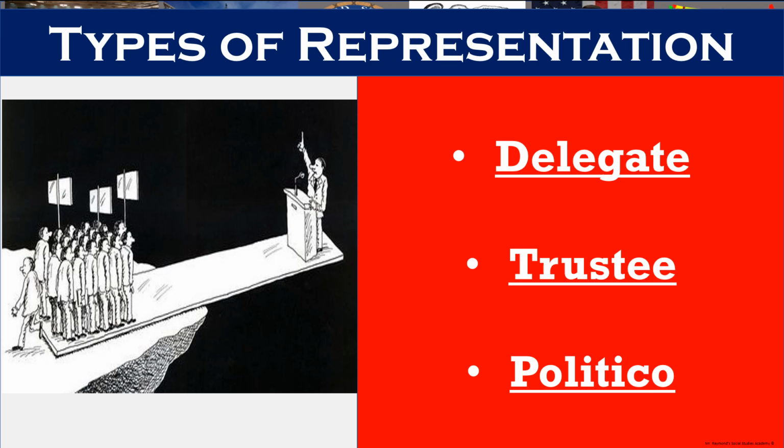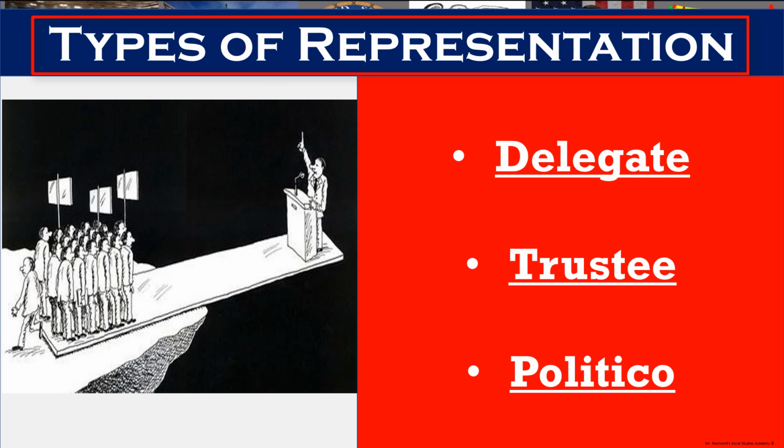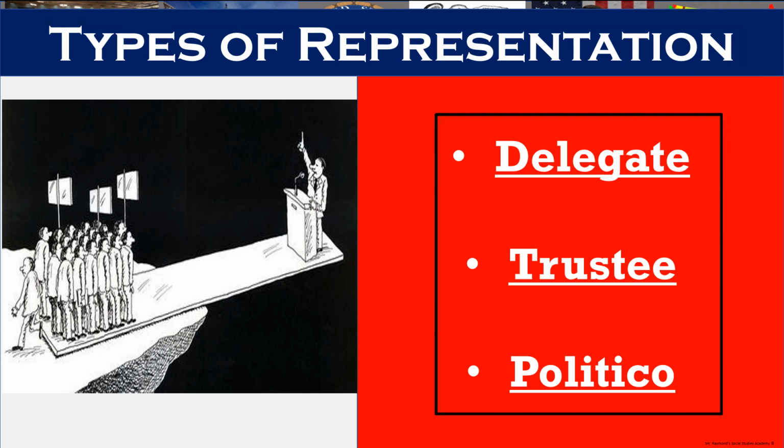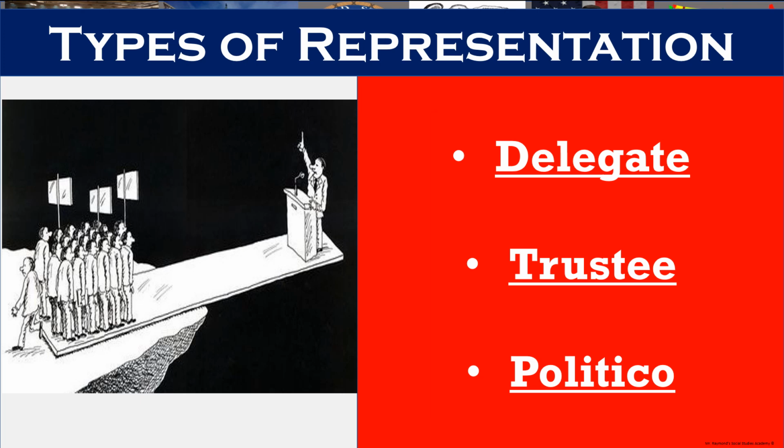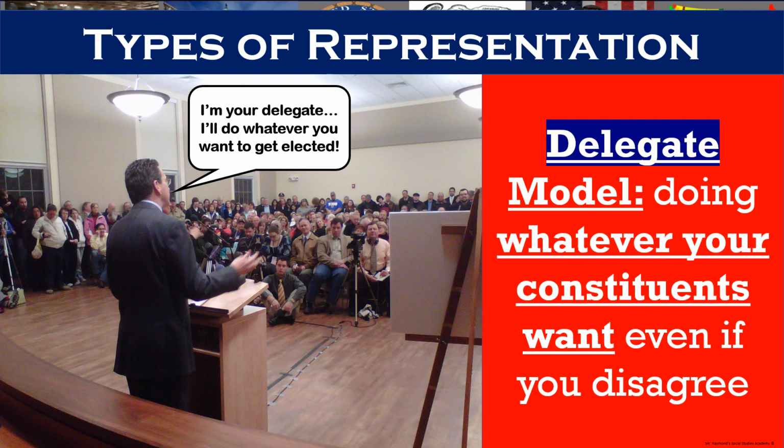Which brings us to the role congressional officials are supposed to play in what are referred to as the different types of representation: delegate, trustee, and Politico. And you need to be able to describe these for your AP exam. The delegate model of representation is when an elected official does whatever their constituents want, even if they disagree. In other words, they view their role as a servant of their constituents and must abide by the majority opinion